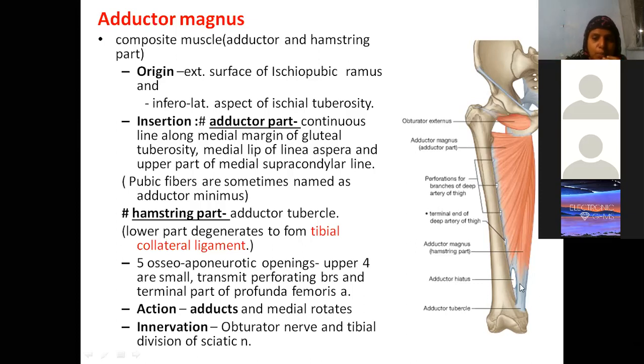This is the major opening which is called the adductor hiatus, through which the femoral artery now goes behind. Isn't it, beta? It goes behind in the popliteal region to continue as popliteal artery. Okay, beta? So that is adductor magnus. Ma'am, that adductor hiatus part, could you repeat, please? Adductor hiatus, all these are openings only, beta. Largest opening is called the adductor hiatus.